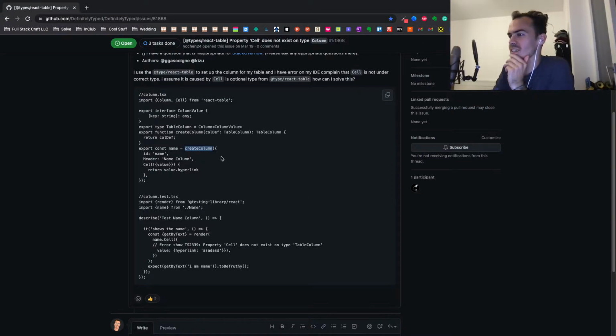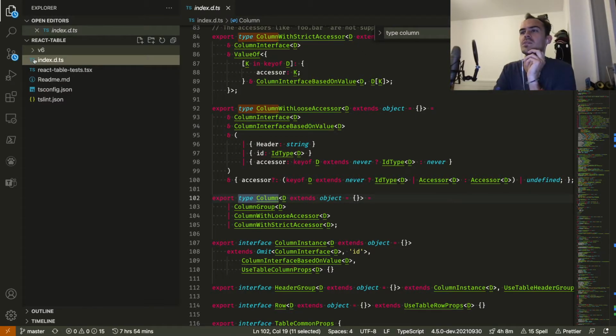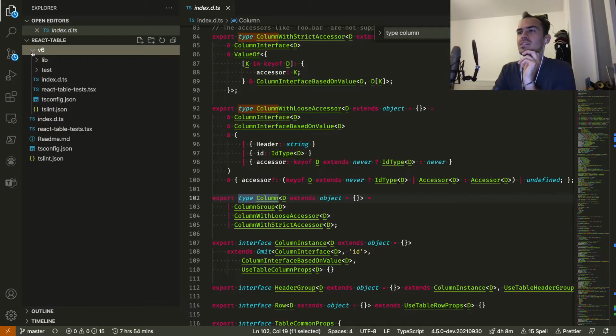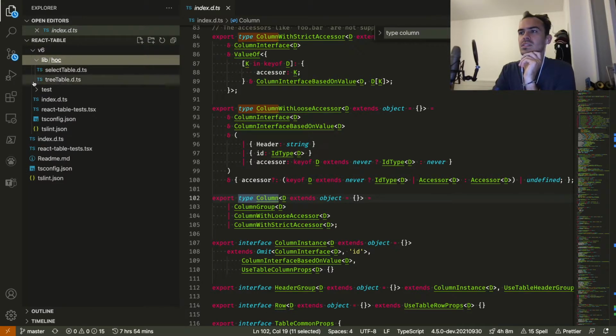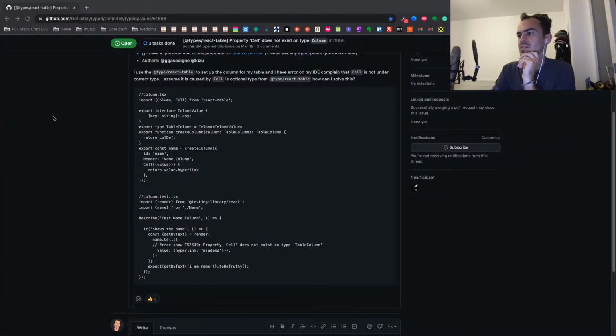Because he's defined this create column, right? What is going on? I am actually not sure what's going on right now. I have to double check that this code is not in V6 somewhere. These are just additional types.